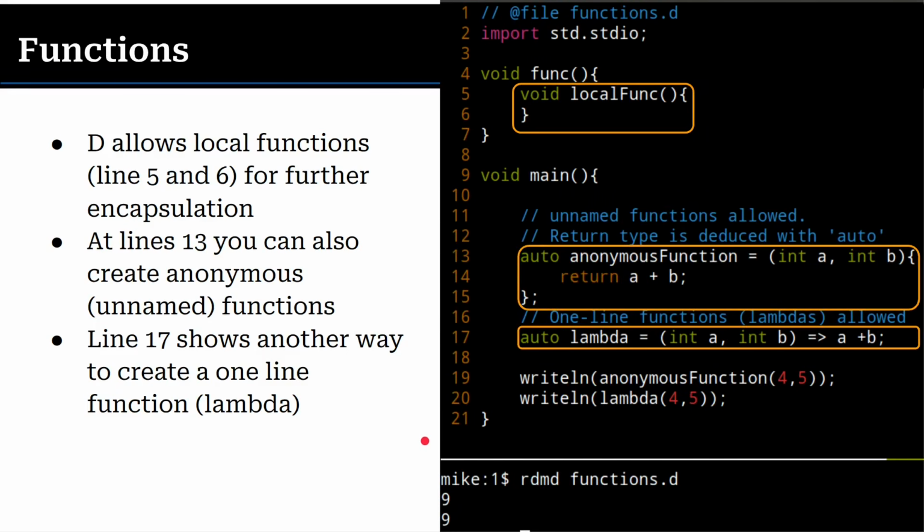Let's talk about functions in the language. A few things that might be new if you're coming from, again, a C background. We can have local functions, so nested functions within each other. I know some of you might have ventured into GCC extensions this term and seen that you can do stuff like this, but being able to scope a function or write a little helper function is quite handy. More importantly, what we have in D are actual lambda functions.